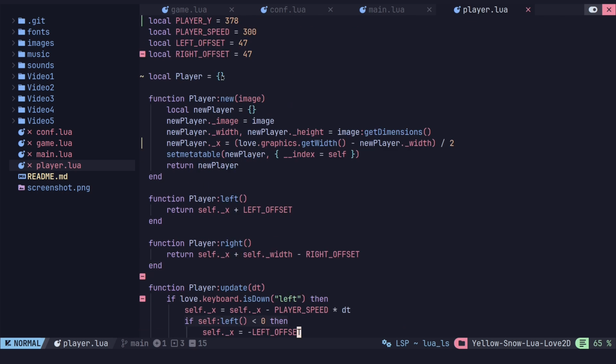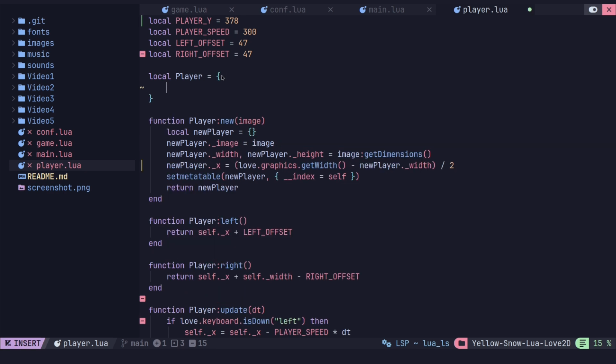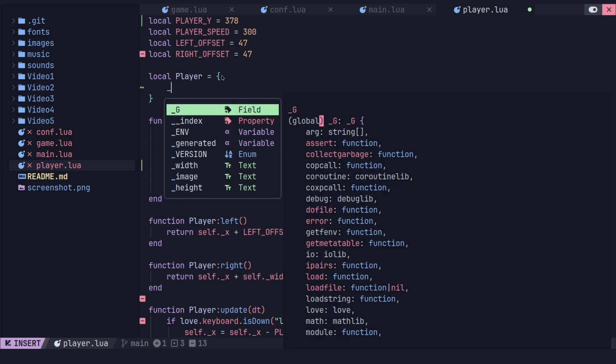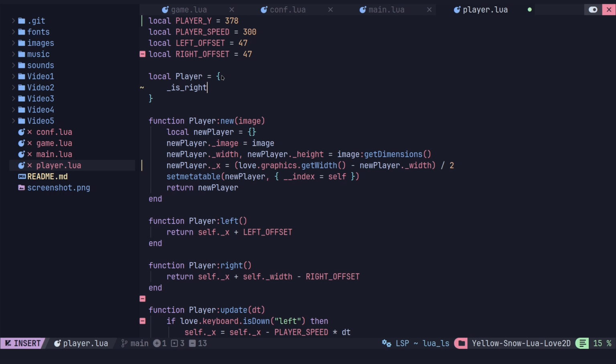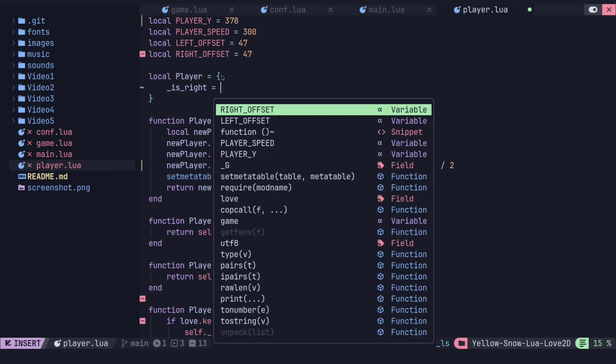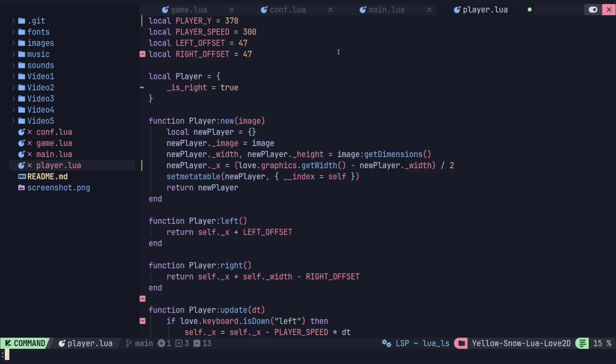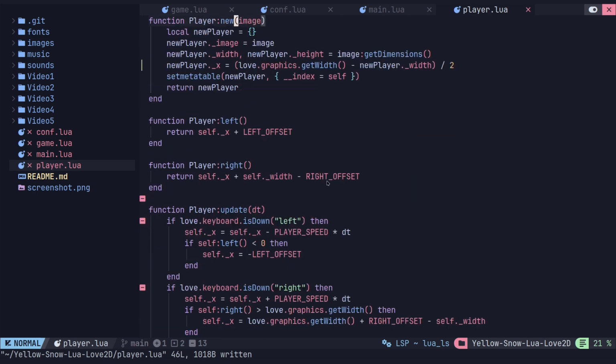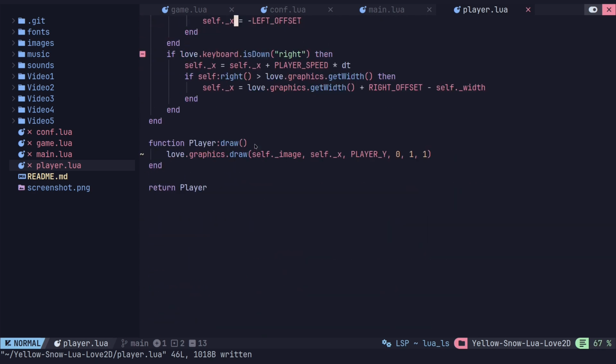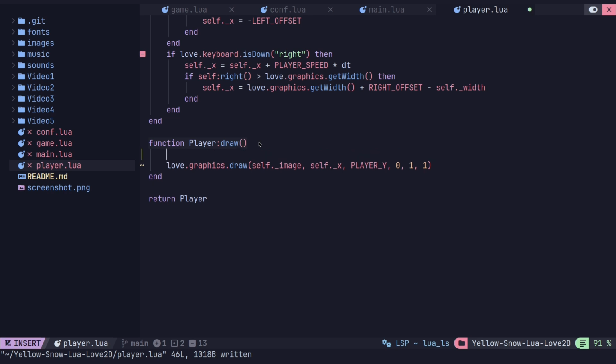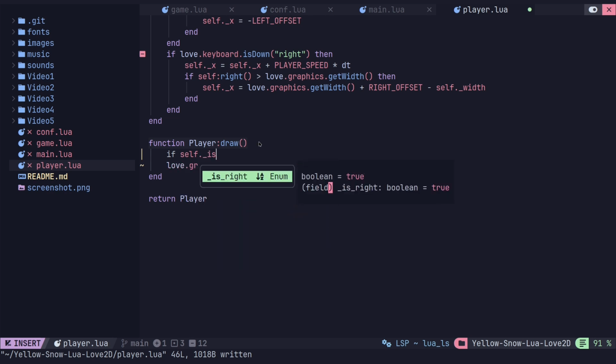Now I want to know if this image is left or right. So I'm going to create a variable in here, a Boolean. I'm going to call it isRight. And again, it's internal, so I'm going to give it an underscore. Is right. I'm going to set it true because we're starting out on the right. So that's just a Boolean set to true, but we can use it down here to draw to the right or to the left. So I'm going to say if self is right,